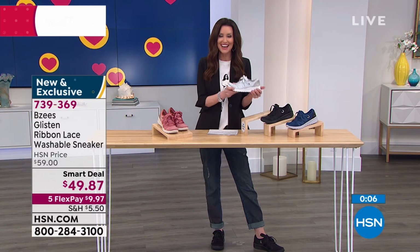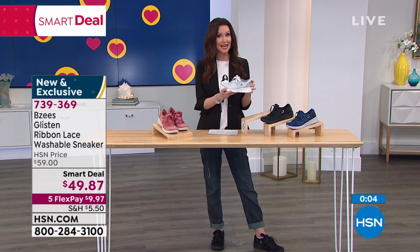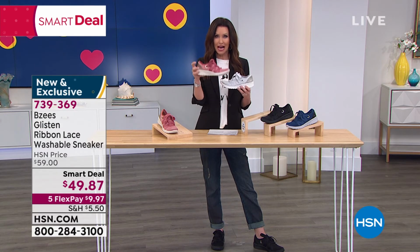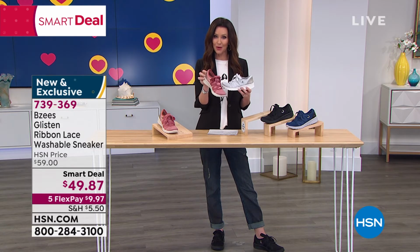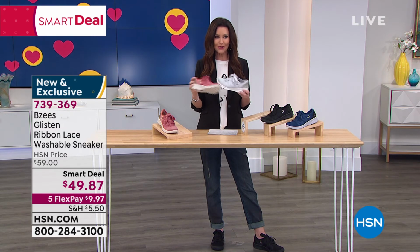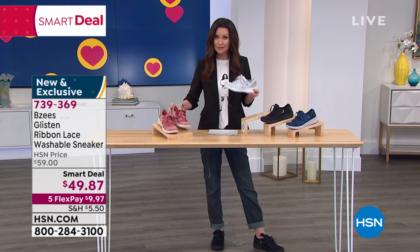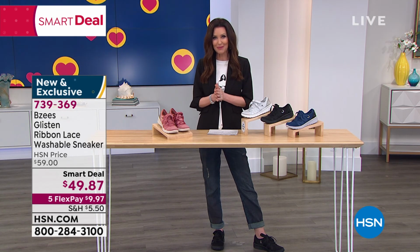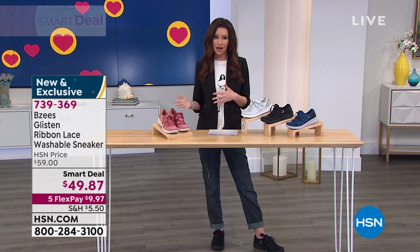They're so lightweight. This is our smart deal, so it means it's a limited time offering. And if you want the clay, that one is the most popular this morning. So go ahead and grab that in your size 6 through 12. Half sizes available, medium and wide widths. You can order on the phone or on hsn.com. And this is a smart deal, so it is limited. If you go to hsn.com, you can check out all of our smart deals that we offer. Just go to hsn.com. You can type in 7